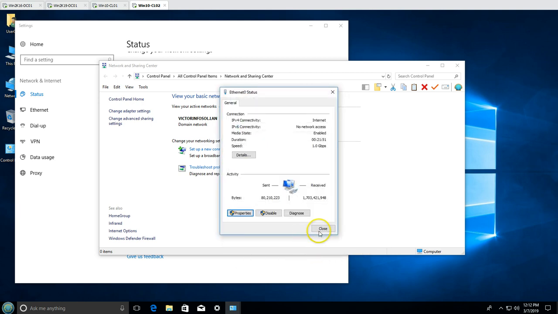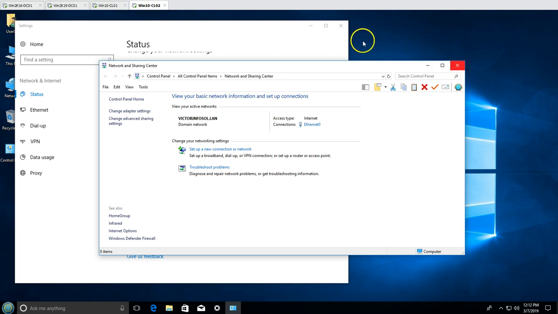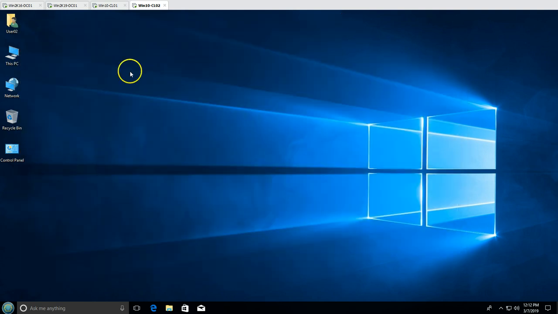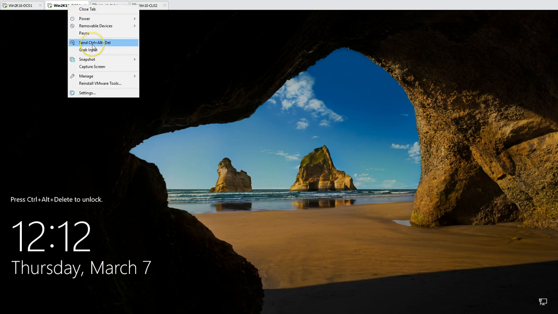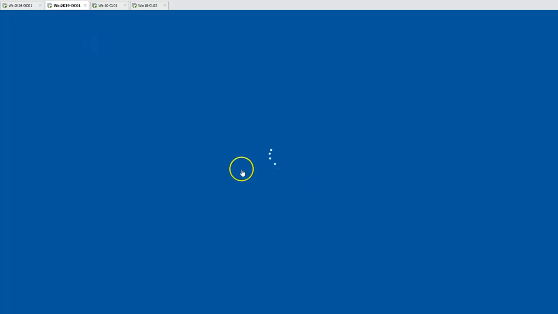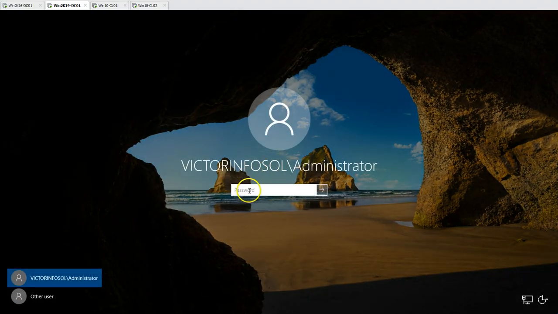And you have to make sure, if you are using a DHCP server to provide IP addresses on your client machines, you have to make the changes on the DHCP server itself. And if you are using a static IP address on some of the clients, you need to change it manually. So this is good. Now the server is rebooted. We can go ahead and hit Ctrl-Alt-Del to verify. So I'm going to log in